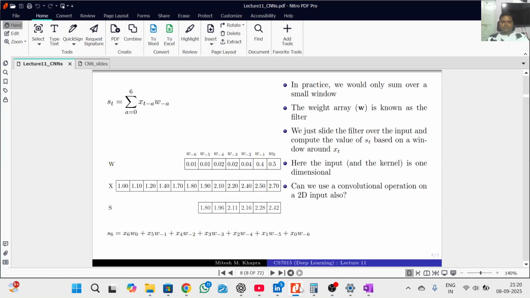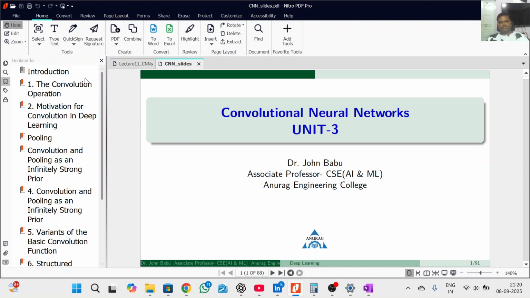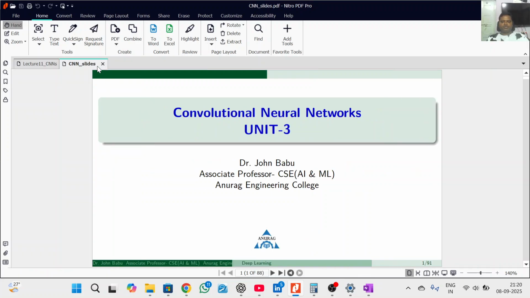Okay, let us start our discussion today. Today we are going to talk about convolutional neural networks. This is discussed as part of Unit 3 of the deep learning subject and is a very important concept in